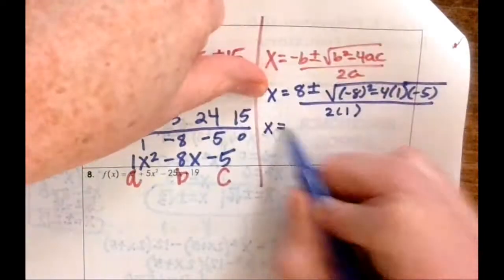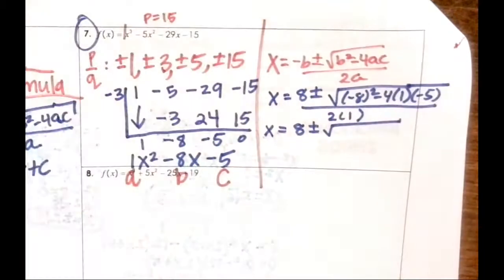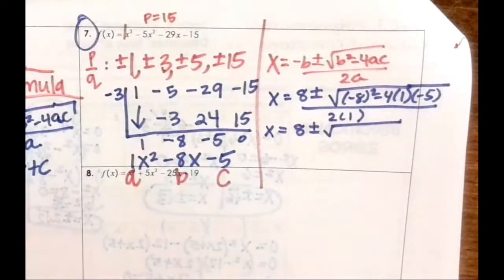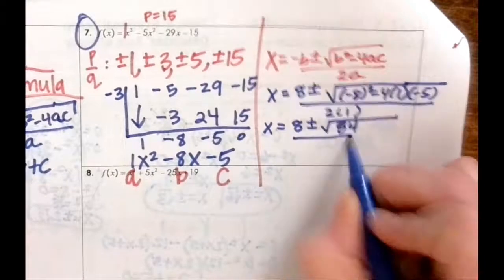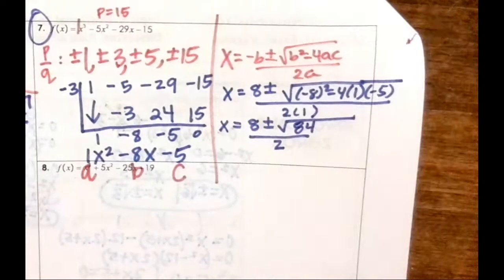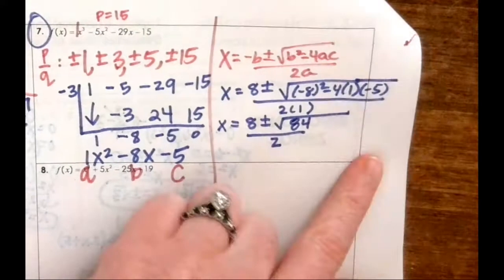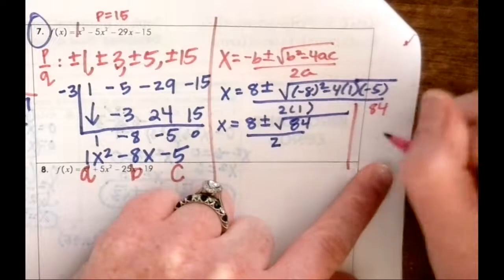So x equals 8 plus minus square root of, I'm going to find what that is, 64 plus 20, so 84? Yeah. So this will be square root of 84 all over 2. 2 times 1 is 2. Oh gosh, and then we gotta break up 84. Alright, let me do that on the side. So divide by 2,